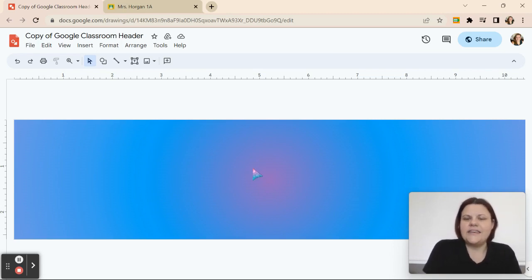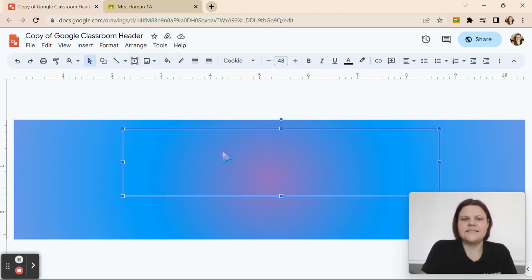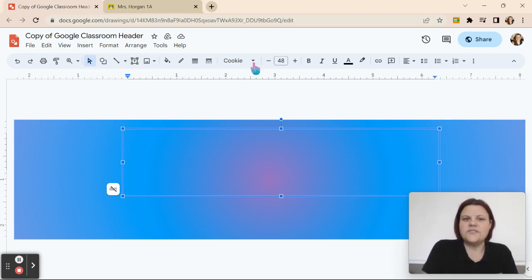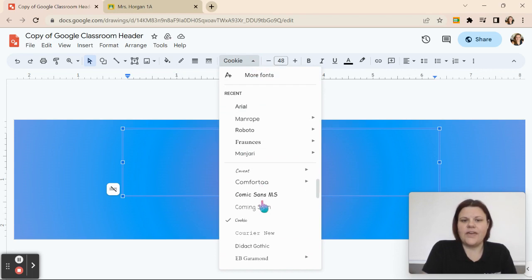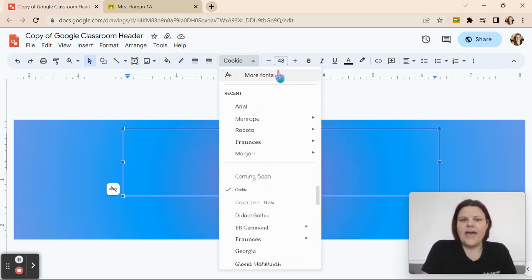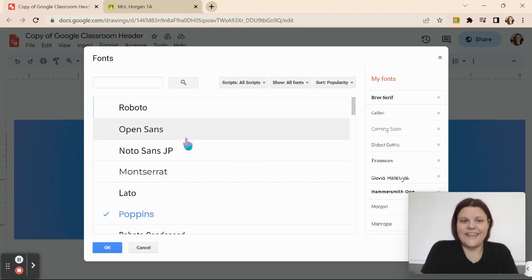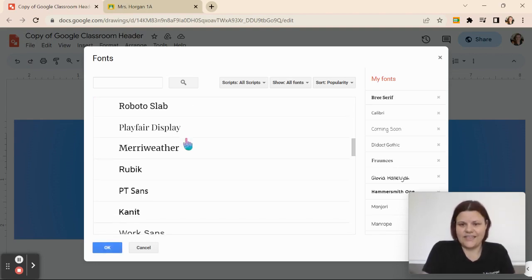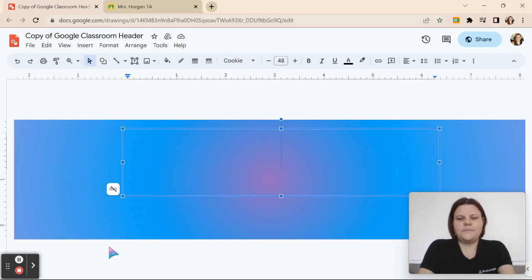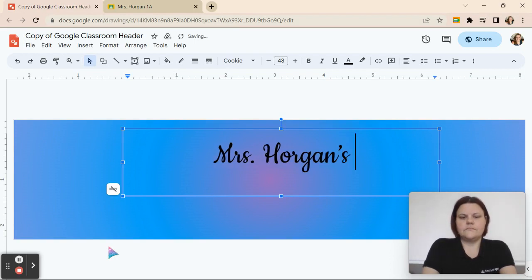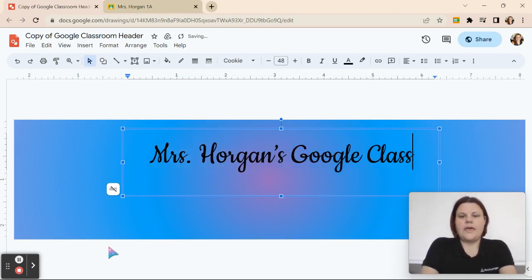And once I do that, now I can go ahead and insert my text. So I always can add a text box. And once I add a text box, I can start writing and I can choose the font that I want. So I've got a lot of pre-made fonts in here. I can also go up to more fonts, and there are tons and tons and tons that you can choose from. So I'm going to go over here. I'm going to choose Gloria Hallelujah as my font, and I'm going to write